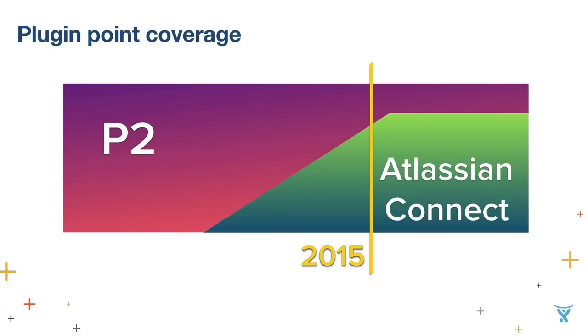But as you can see on this little graph, there are still going to be certain use cases where Atlassian Connect coverage is not going to be available in a year from today. These are very specific use cases, very in-process type of integrations where Atlassian Connect, by its design, is not going to be a native type of platform. We have designs and architecture discussions in order to solve these problems, and we will eventually get there. But for the time being, P2 platform and Atlassian Connect platform are going to coexist, and basically we provide it together.